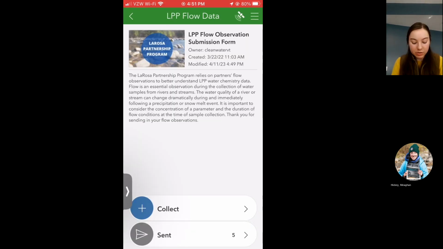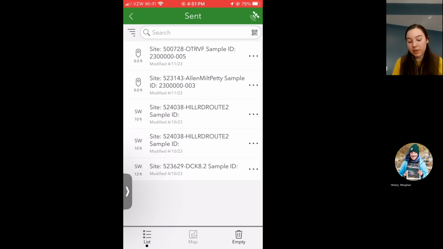Okay, now I'm going to show you how to edit a survey form that you have already submitted, but maybe you realized you made a mistake. So maybe you get back from the field and you realize, oh no, I accidentally clicked the wrong site, and I have 2 forms filled out for the same site, and it's meant to be another one. So you can go into your sent folder where you'll see all of the sites that you sampled